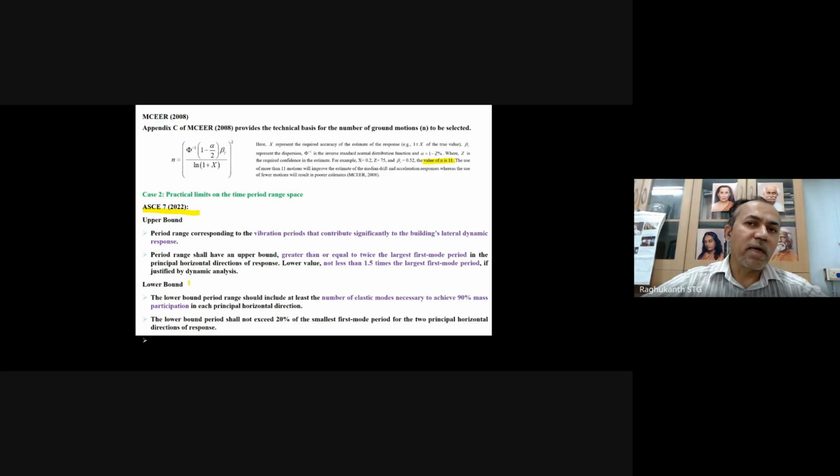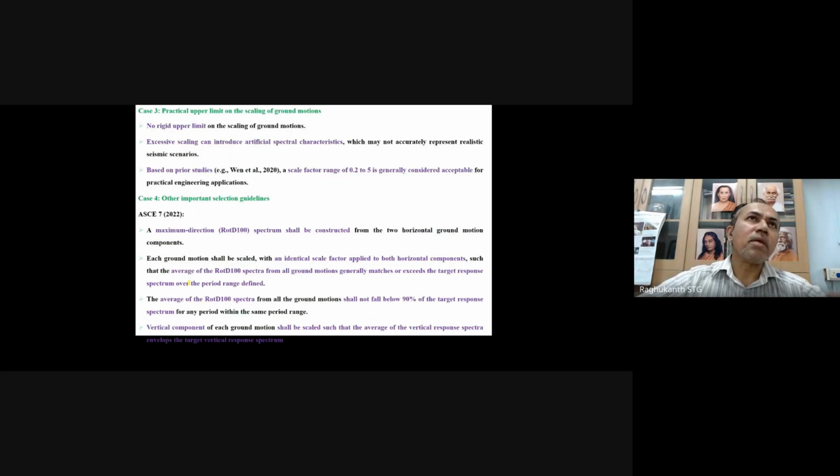How much should this be, the time history response spectra compared to the design spectrum. And then scaling also, like how much you have to scale. Some codes say spectrum compatible should not be used. You should directly scale the recorded ground motion, don't modify its frequency content. You just scale it through some number such that it matches the response spectra, and then you do time history analysis. But how much do you have to scale, whether I have to multiply by 20 times or 10 times? For that there is a guideline: scale factors of 0.2 to 5 only have to be used in practical engineering applications.